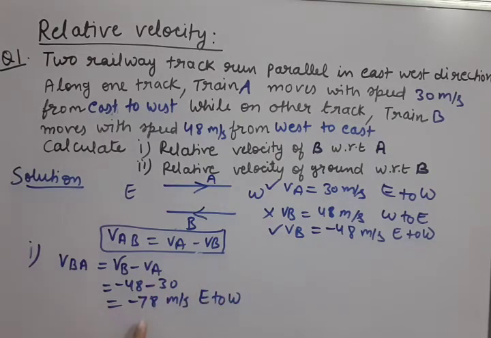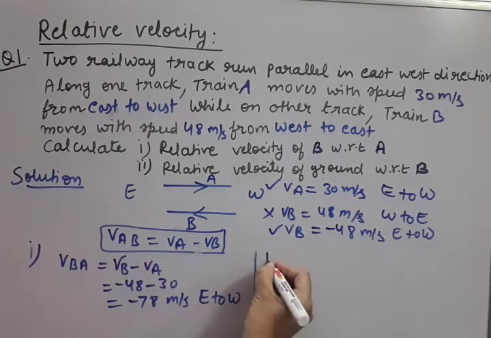Okay, so first part of the question is solved. In this we get the proper minus sign. That means we clearly understand that east to west the velocity of the object is minus 78 meter per second. Okay, now